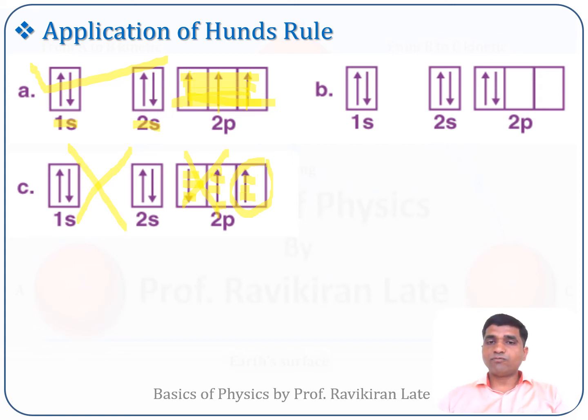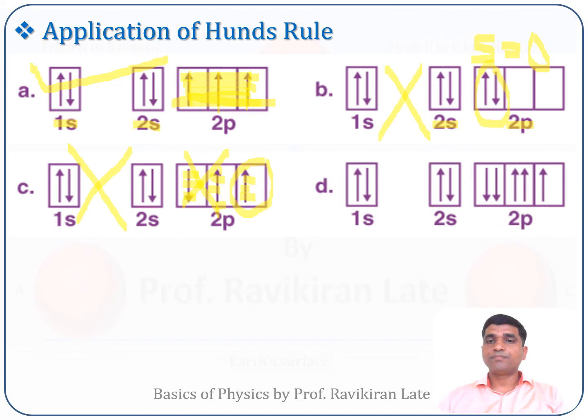Now if you consider the same for case B, the first 2 electrons are going in the 1s orbital, the next 2 electrons are going in the 2s orbital, and the last 2 electrons are going in the 2p orbital. In this configuration, both electrons are in the 2px orbital. If you consider the total value of S in this case, it comes out to be 0, which is not allowed. So this electron configuration is not correct from Hund's rule. It will not have S maximum, so it is not possible.